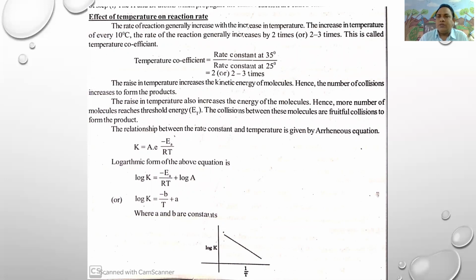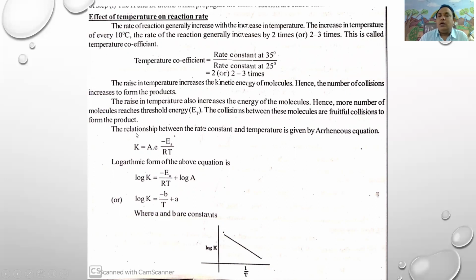Therefore, the reaction occurs very fast by raising the temperature of the reactant molecules. Raising the temperature also increases the energy of molecules. Hence, more molecules reach threshold energy. The collisions between the molecules are fruitful collisions to form the